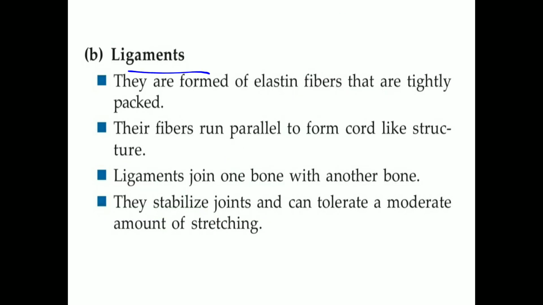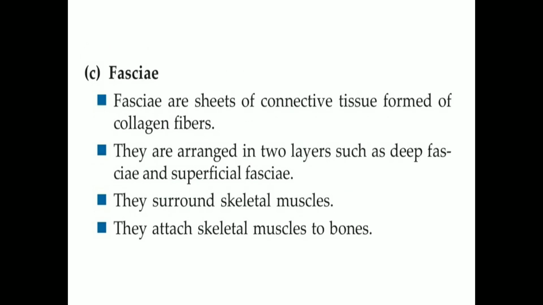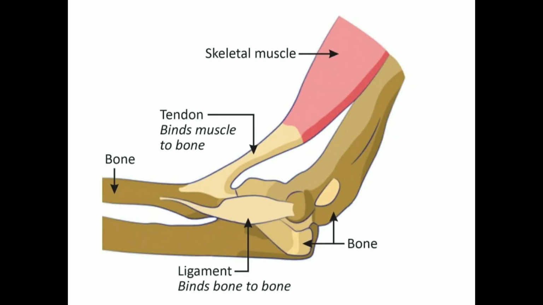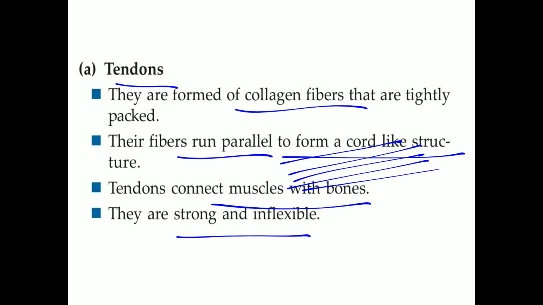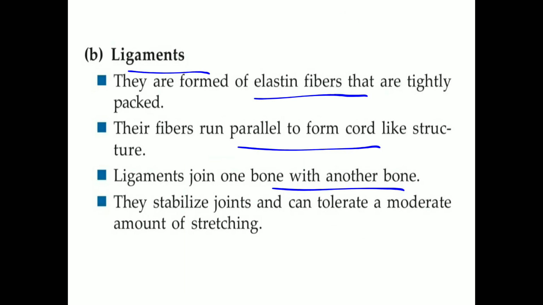Then ligaments, they are also a type of dense connective tissue. They are formed of elastin fibers that are tightly packed, and the fibers also run parallel to form a cord-like structure, and they join one bone with another bone. Here is a ligament, which binds bone to bone. Ligaments stabilize the joints, provide stability to the joint, and